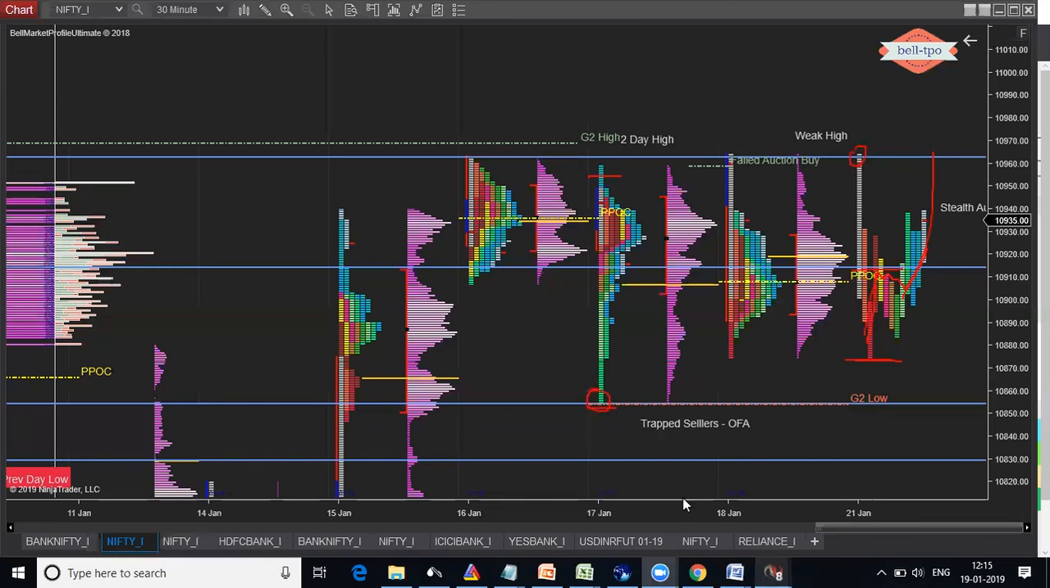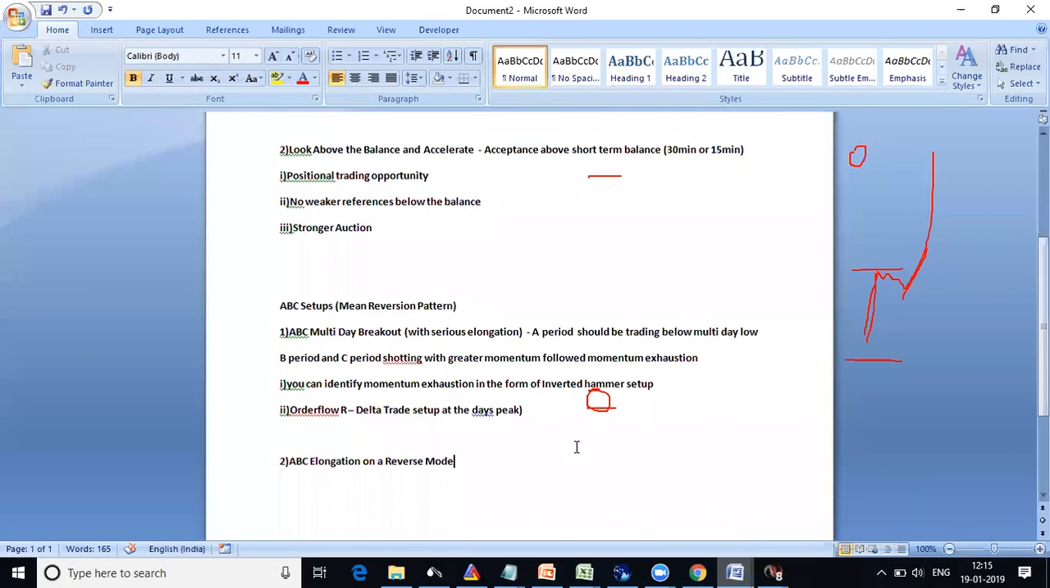So now, what are the things you have to observe? ABC elongation on a reverse mode. What you have to observe is that A period breaks multi-day high or low, multi-day high or low. B and C period returns back into the 2-day range